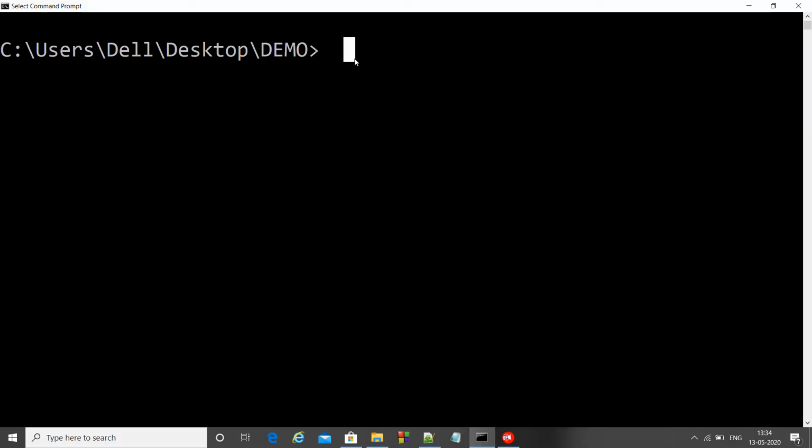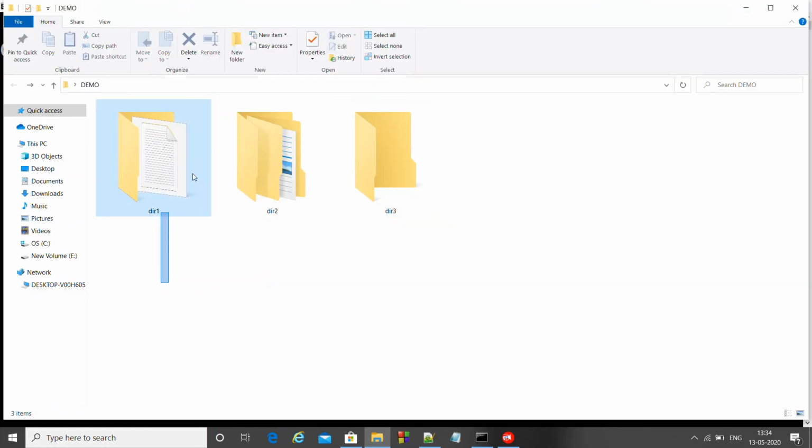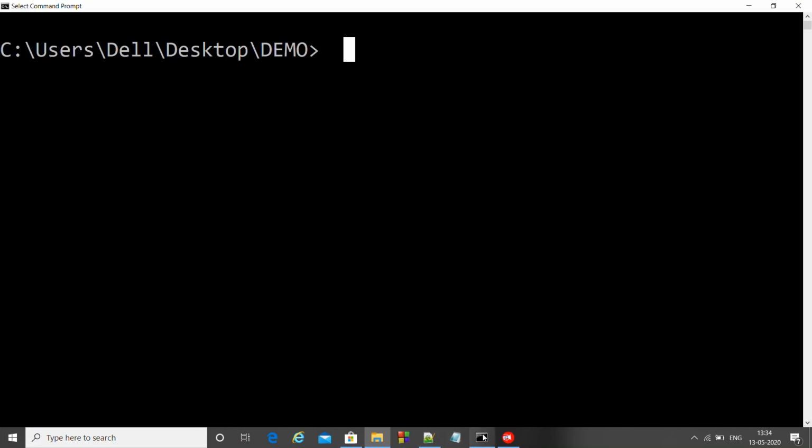So the next command that we'll be learning is the one using which we can delete directories from the command line. So suppose in the demo directory we have these 3 directories. If you want to delete one from here, we'll use the command rmdir and then the directory name.